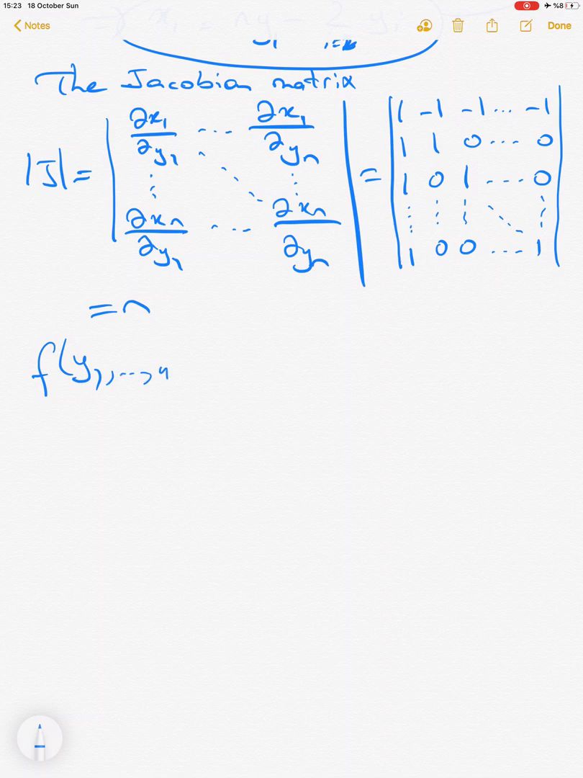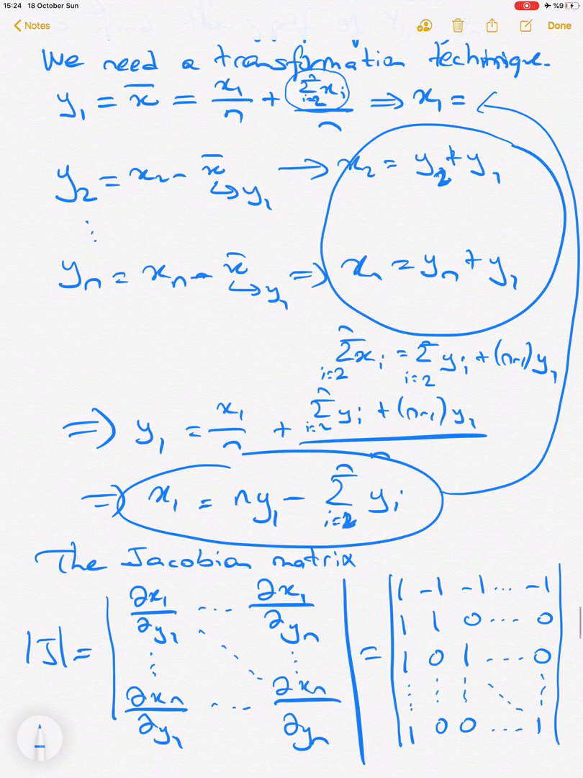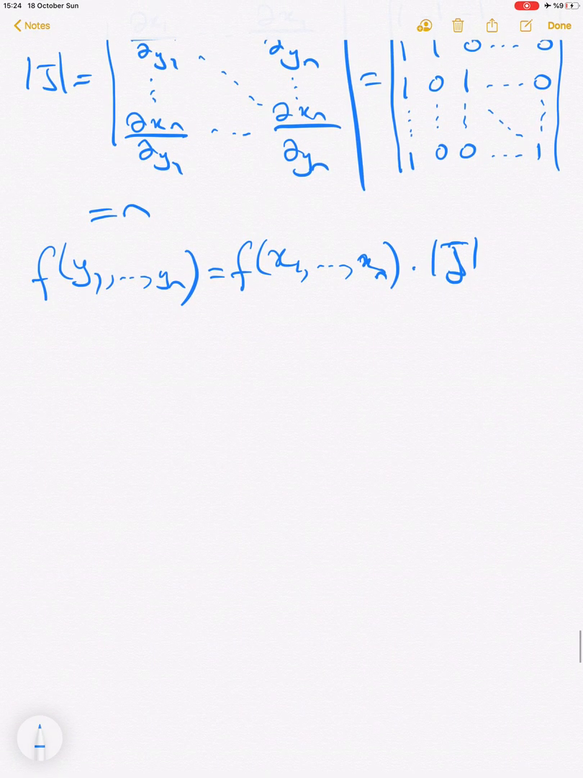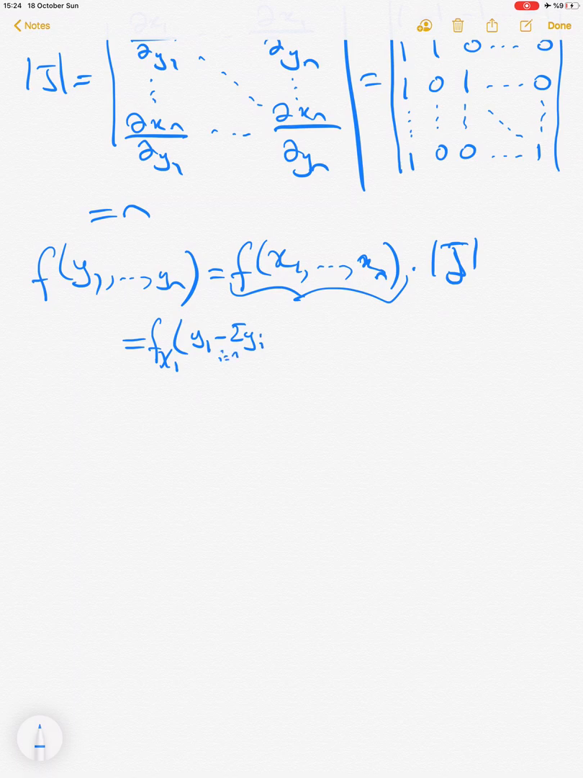So the joint distribution of y1 to yn equals the joint distribution of x1 to xn times the Jacobian. Instead of these x1 to xn values, we will use these x values in terms of y's. Because we have a random sample of independent random variables in terms of x, the joint distribution can be written as f of x1 times f of x2 and so on. What was the value of x1? It is y1 minus summation yi, i from 2 to n. Then f of x2 has x2 equal to y2 plus y1, and xn equals yn plus y1,